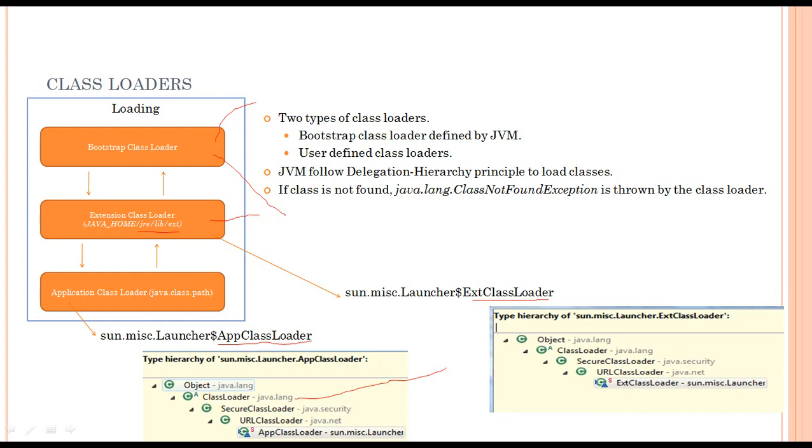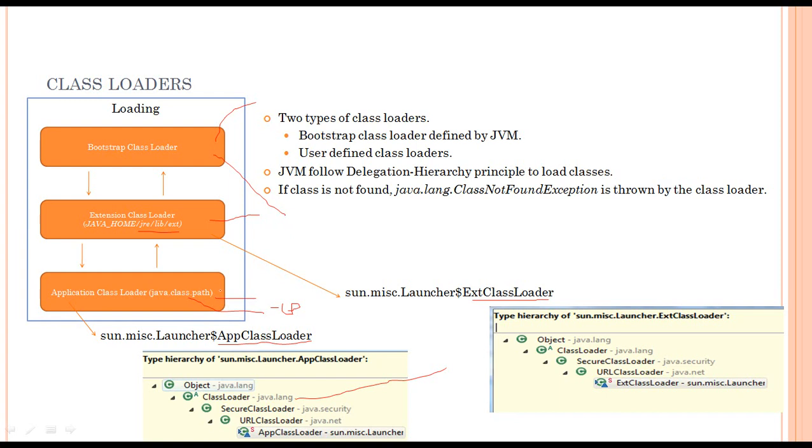Otherwise, it will again delegate the call to the application class loader. Now it is the task of the application class loader to load the asked class. If the application class loader finds the class at the path defined by the class path, you can define the class path by simply passing -cp as the command line option along with the Java command, or you can just define the class path variables to provide the exact path where you're defining the system classes or the other references that you're providing as part of the application.